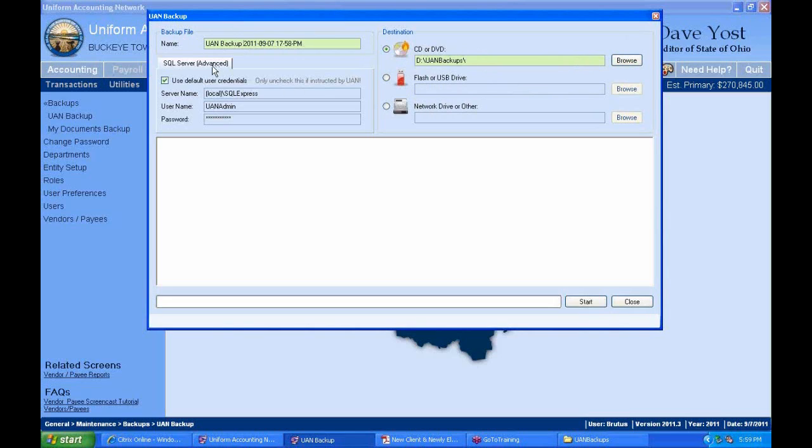Well, let's first talk about what applies to just 0.01% of you so that you know what to ignore, and that is this network drive or other. Well, that's if you have a drive,